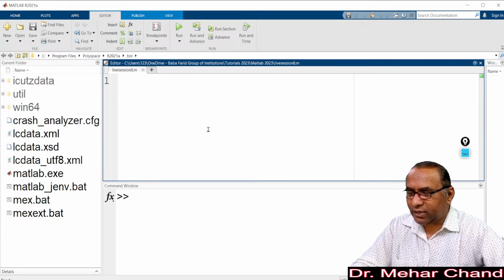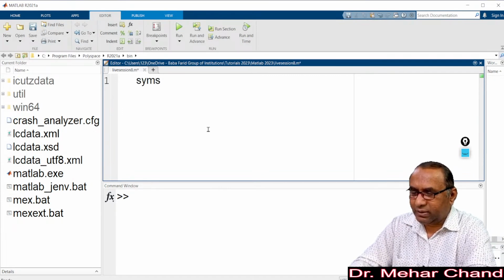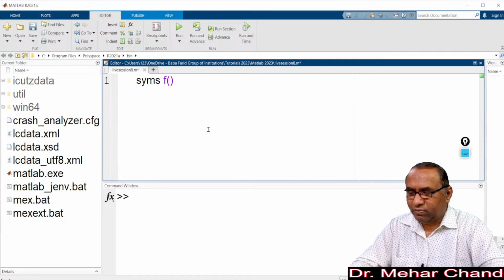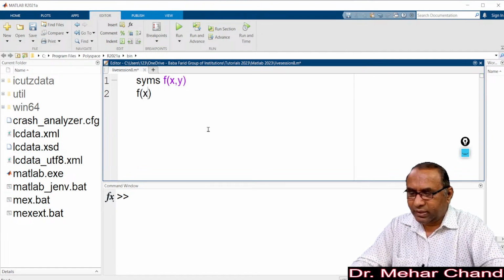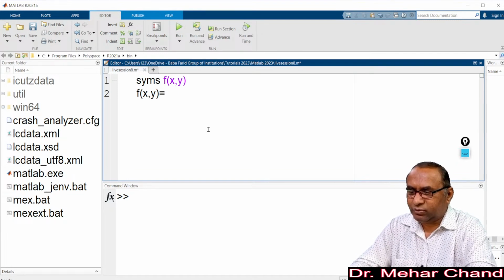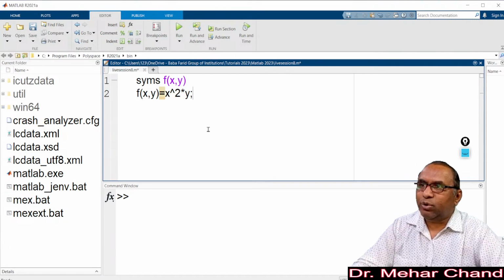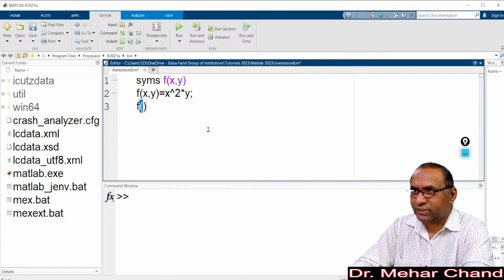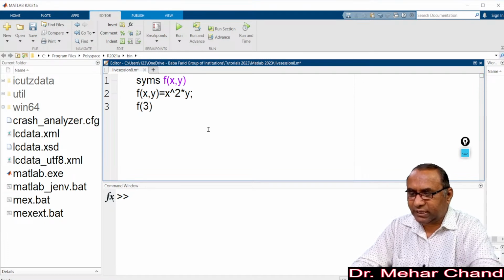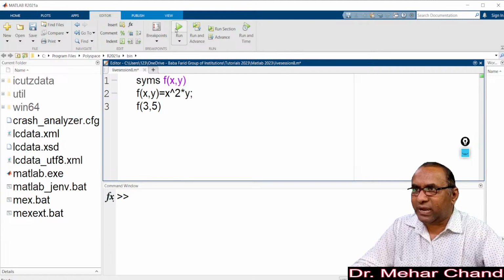So here we are using syms, then I have the f function with the variables x comma y. Now if I write the function f(x,y) is equal to, suppose it is x squared, then a product with y. By using a semicolon we can easily suppress the statement, and then if we want to pass values through this function, we can use, suppose, 3 and 5. When we run this file, see,